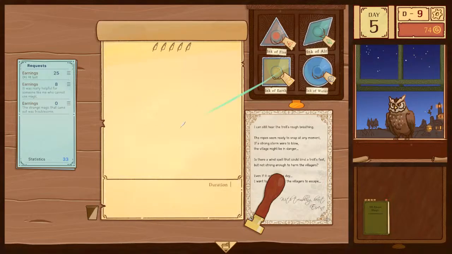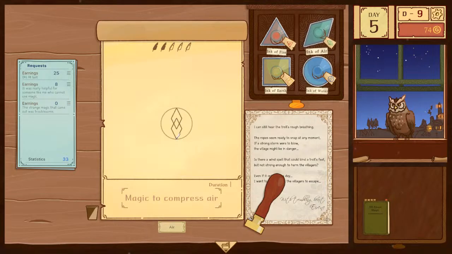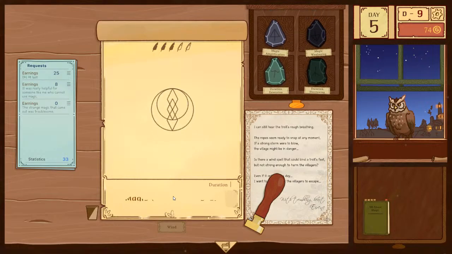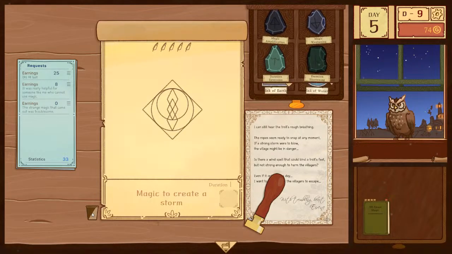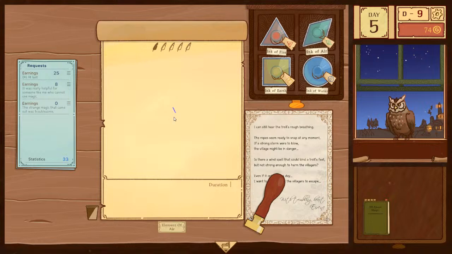Let's try wind spells just to see what's going on there. Great breeze. I don't think that's what she wants. Great gust of winds. Probably not that either. Great storm is definitely not what she wants.